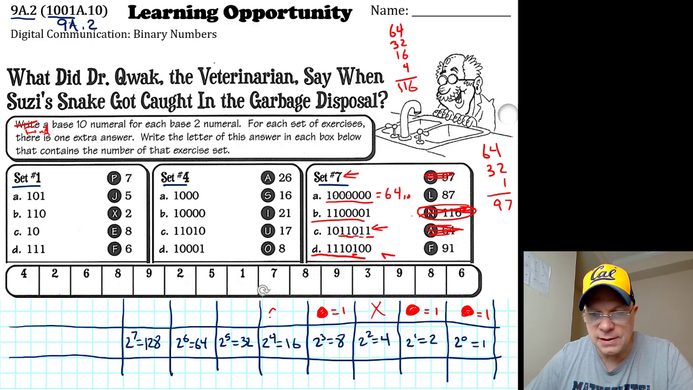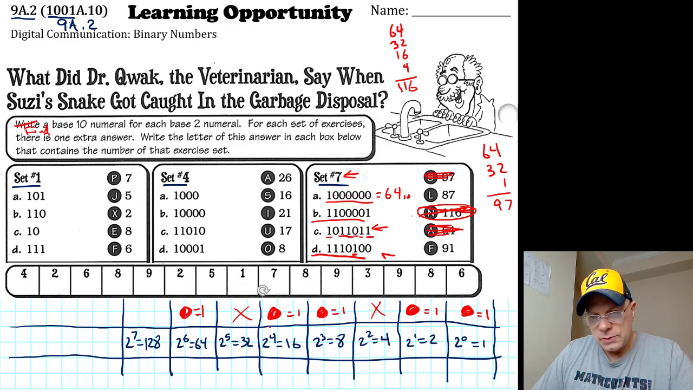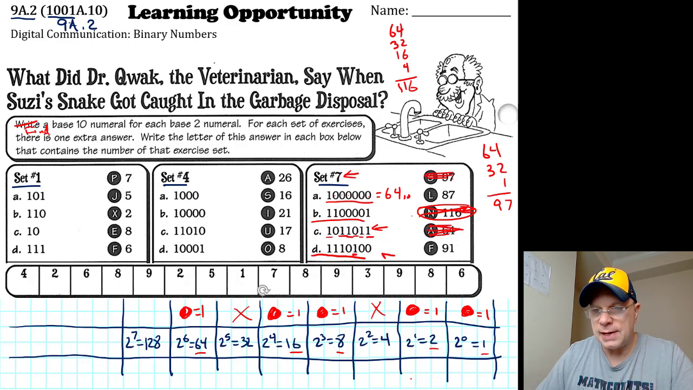And I do have a 16. Put a penny there. I don't have any 32s. I do have a 64. So I've got a 64 and 16 is 80. And 8 more is 88. And 3 more is 91. And so there's 91. Once you know which place values you have, you can add those up any way that you like,